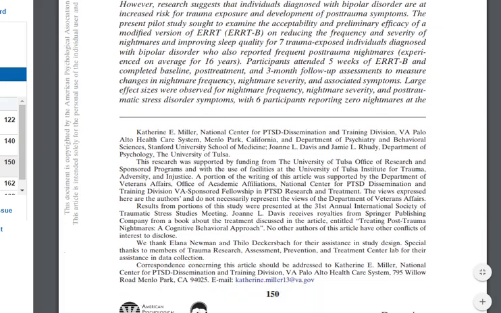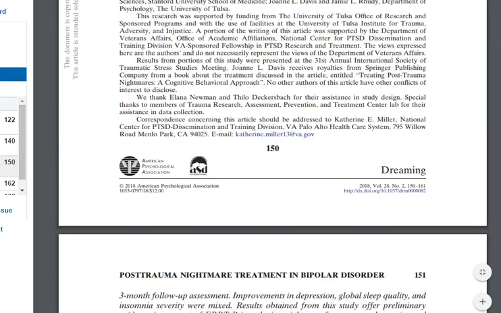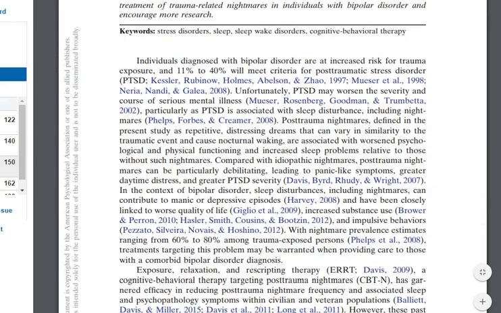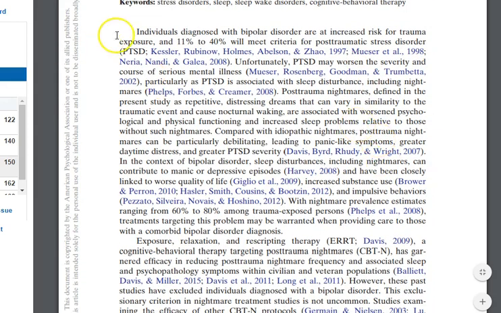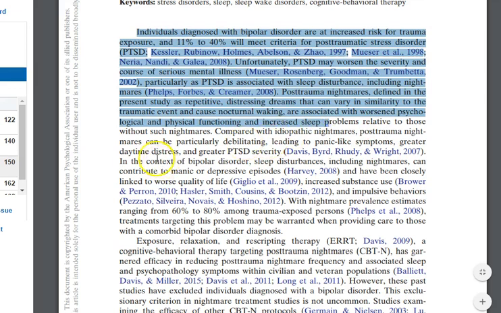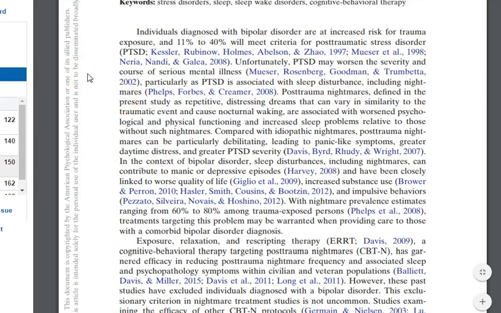We know it has an abstract. We see who these people are, their ethics statements, so we understand those types of things. We have some keywords which are useful. But this is a place where sometimes students get in trouble. The front part, the introduction, the literature review, is very easy to read. And a lot of times you're going to want to use these sections. However, if it is followed by something like this, guess what? It's actually a secondary resource. If you want to cite this as Davis, Bird, etc., you'll need to go to this article and read it in full. The only thing that should be in your references are the things that you have read in full